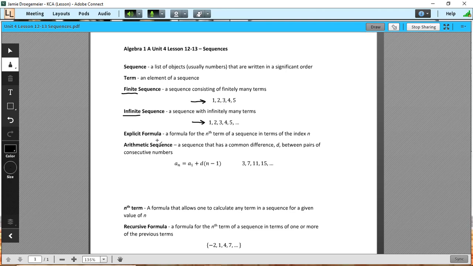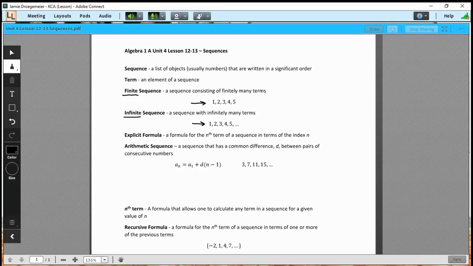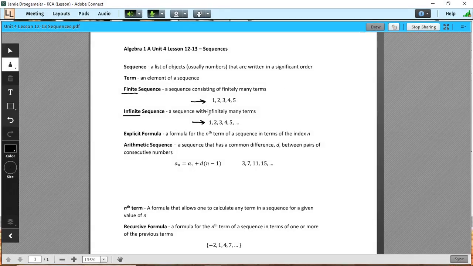That means that I can create a formula that would allow me to find any term in the sequence. So if I know the first 5 terms of a sequence, but I want to know what would the 18th term be, well, if I have an explicit formula, then I can use that formula to find the 18th term in the